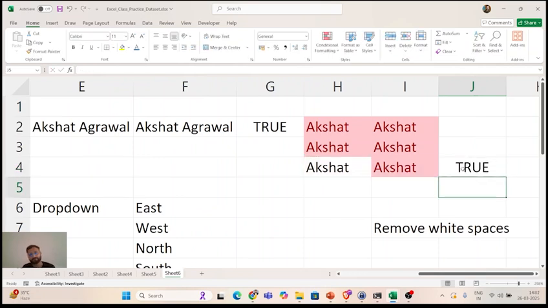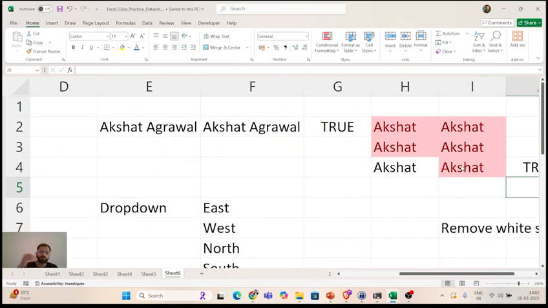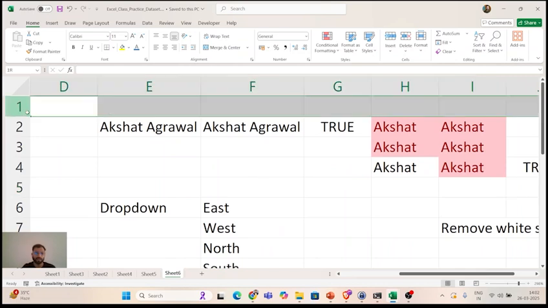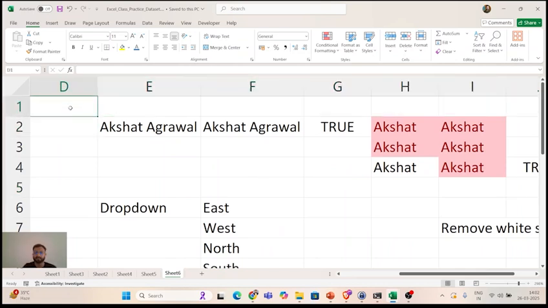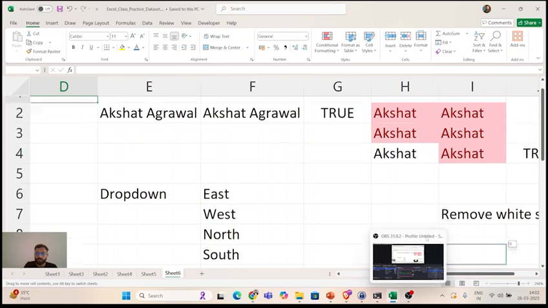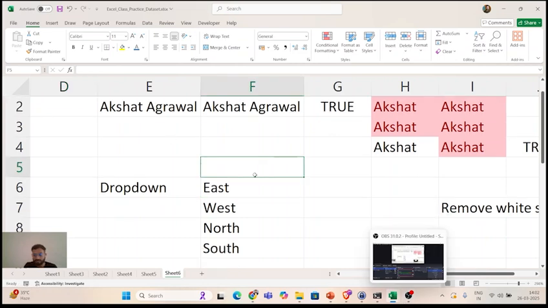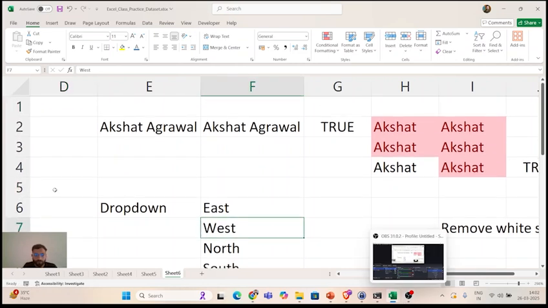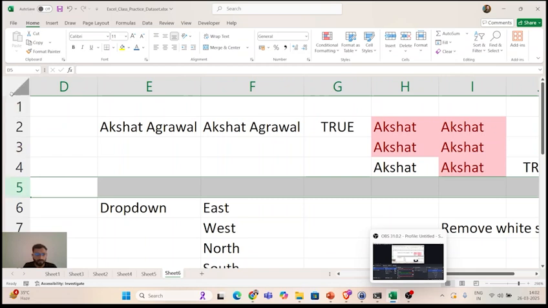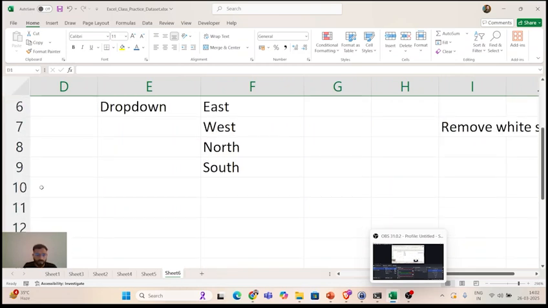Same. True. Correct? So that is how we are able to understand removing white spaces. Now let's assume, guys, this is a whole table, and let us understand how we remove blank rows. Let's say this is a whole table and there is lots of data present in this, but in between we have lots of blank rows like this, probably after this also.